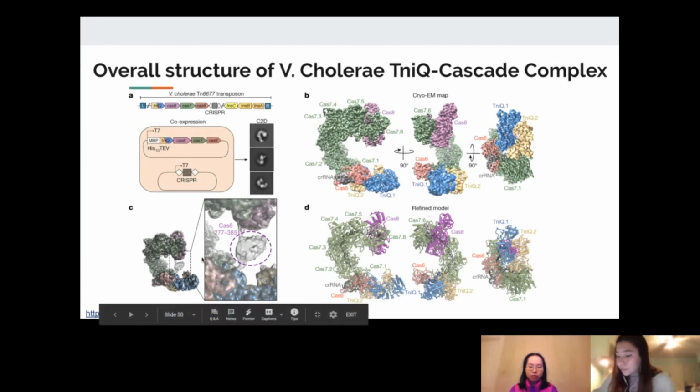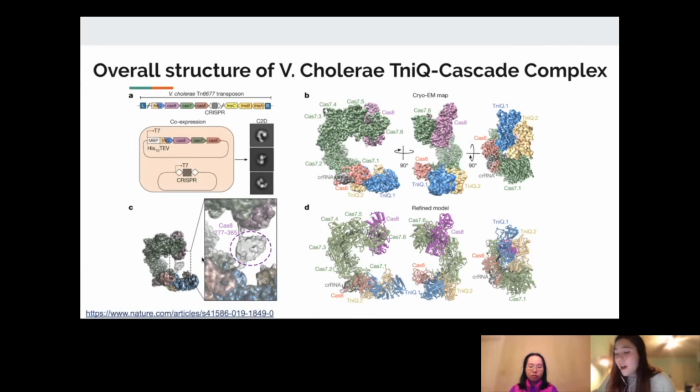Through this, we can see that the TniQ cascade complex forms a helix. This helix has two things protruding from either end. It's got one protuberance that is consistent with Cas8, and another one that is consistent with TniQ. The rest of the helix is made up by the rest of the cascade, Cas6 through 7